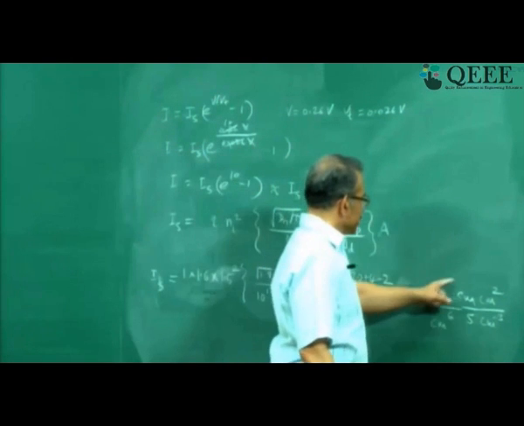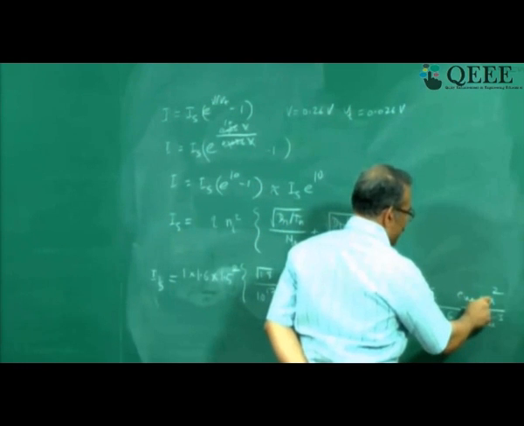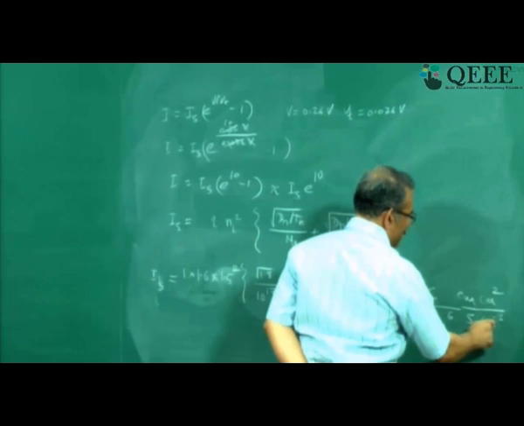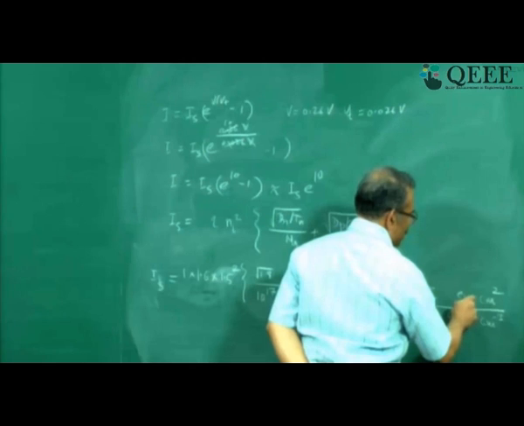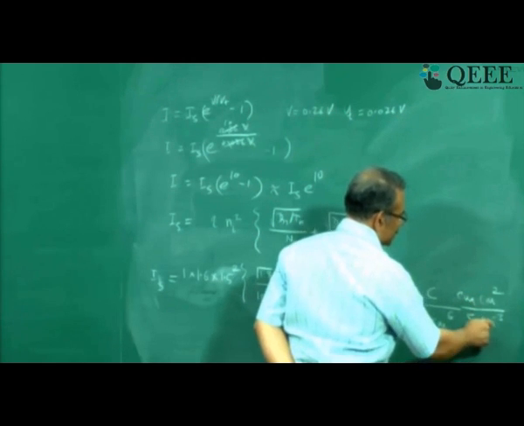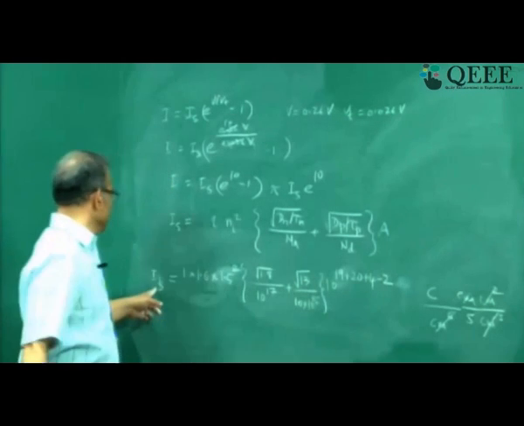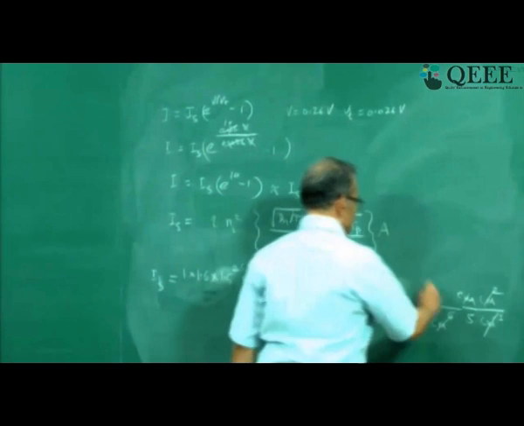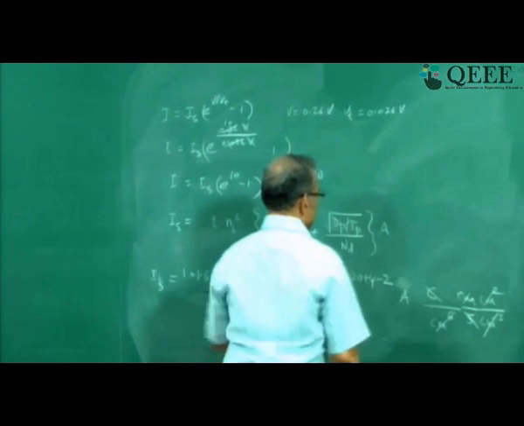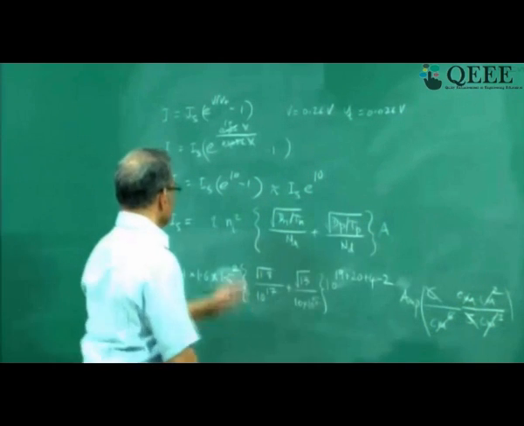How do I check? So I should check the units here. Now you can see that centimeter into centimeter square is centimeter cube and this is per centimeter cube. I can shift this up, it will become centimeter power 6 if I club these, so that will cancel with this. And coulomb per second is amperes, that is what should be the unit of IS. So whatever value I get here will be in amperes, okay. So this is amperes. Now this A is area whereas this is amperes, so I want to distinguish. Okay, so all the terms have been put.